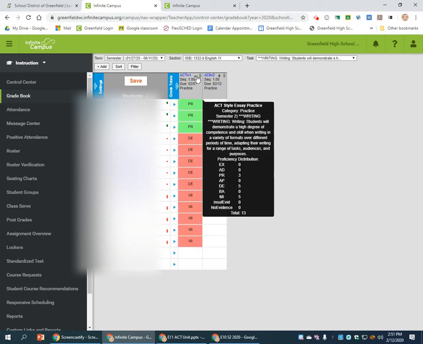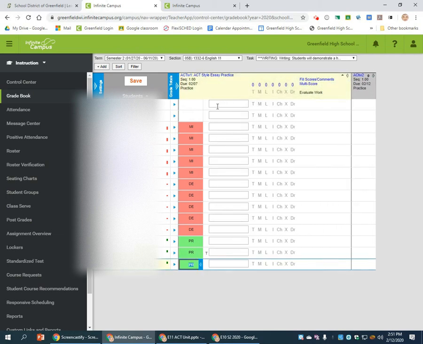we can see that there are two students who did not complete the assignment, so their scores are blank. Infinite Campus will recognize blank scores on an assignment where there are other scores posted as missing. So I could do nothing here, run a report, and these two students would receive a message for their missing assignment. However, when they log into Infinite Campus, or their parents do, they may have a harder time identifying what is missing and what is not because it's not clearly marked missing, and a lot of them are used to